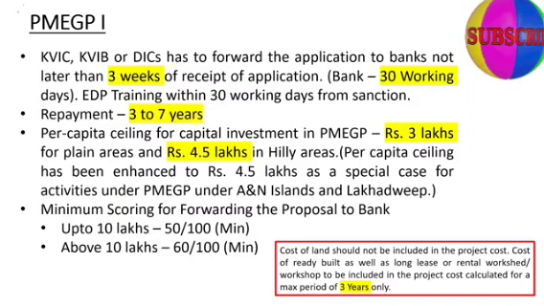Okay. Then repayment period under PMEGP is 3 to 7 years. Minimum 3 years, maximum 7 years. Can anybody comment why minimum 3 years? Maximum is up to 7 years. Minimum 3 year criteria is there for repayment period. Can anybody comment why 3 years? Because the subsidy lock-in period itself is 3 years. Before 3 years, we cannot release the subsidy also. So minimum repayment period is 3 years. Maximum it is 7 years.